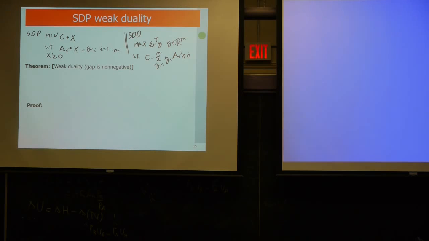So this is the dual. And we have the weak duality theorem, which says that the duality gap is non-negative. That is, if matrix X is feasible